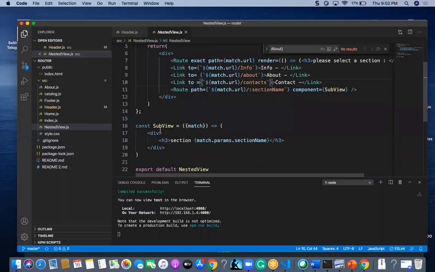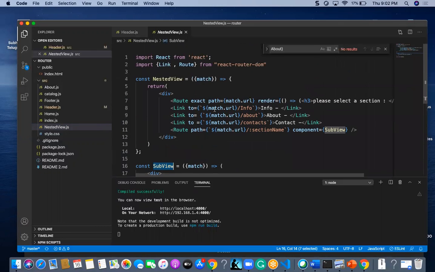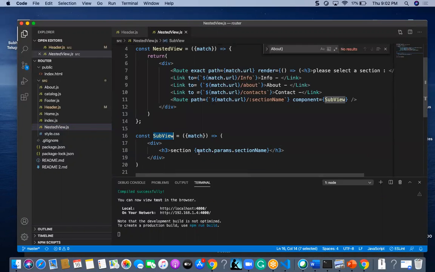And coming to this view, I am going to give info, about, and contact. And the sub view, whatever the sub view is, this sub view is the one which will display the particular section name. So it will take match dot params, and the section name. What is my section name? Info, about, and contacts.